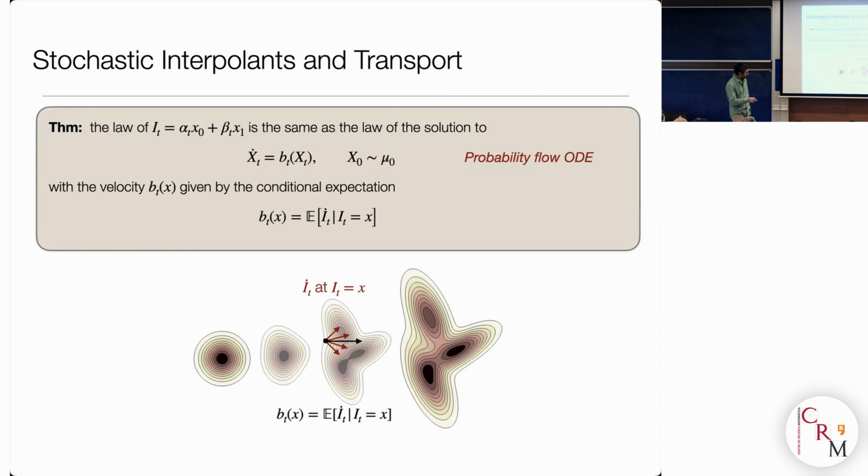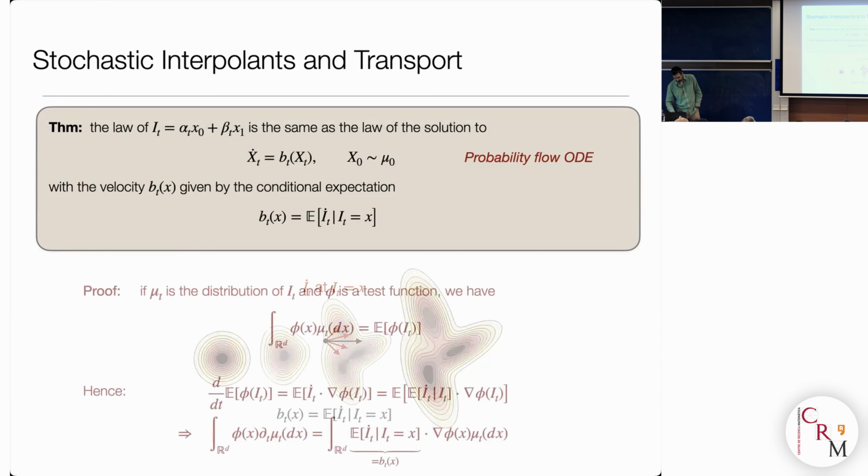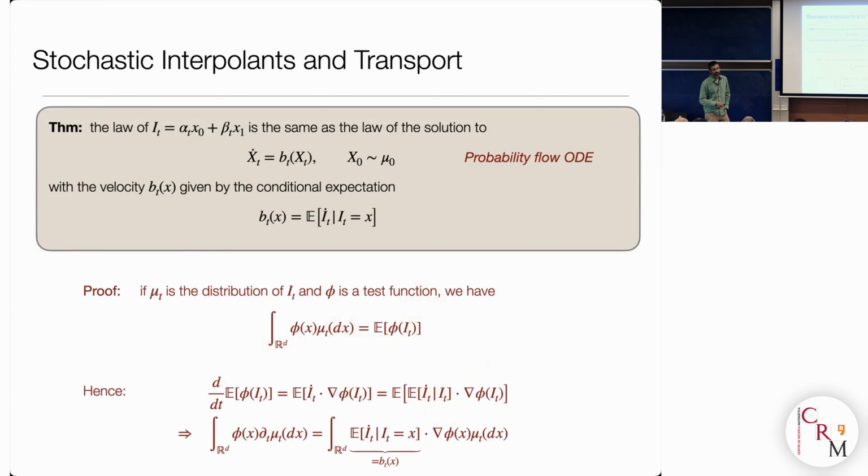So, in the picture that we saw, at this point there are several rays here in red that are what the interpolant would be doing. You average them, and then you get the velocity field, okay? I can include the proof of this statement because it's so simple.